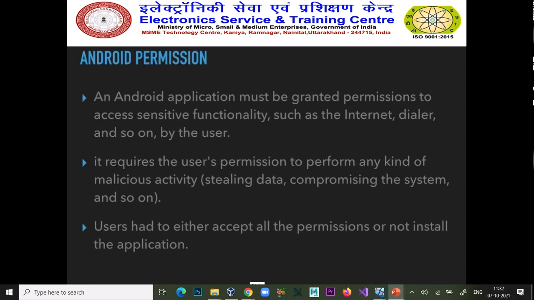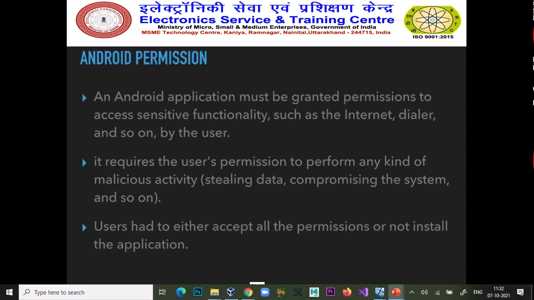You should think, it is simply a scientific calculator, so why is it demanding camera permission or call permissions or contact permissions? If you give all of the permissions to that app, the app will definitely compromise your system.